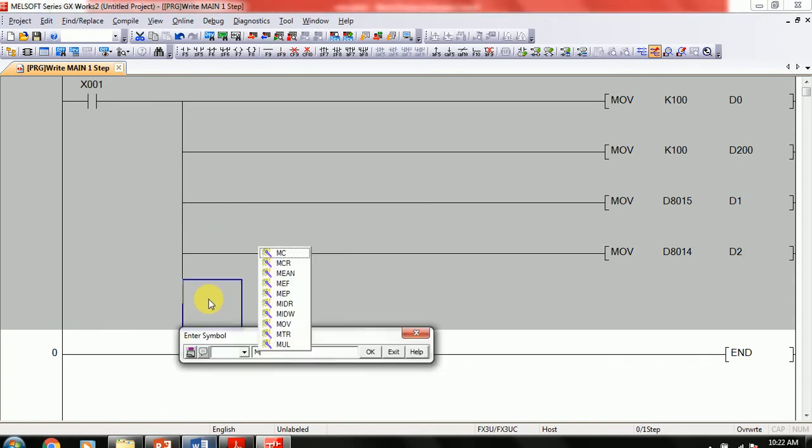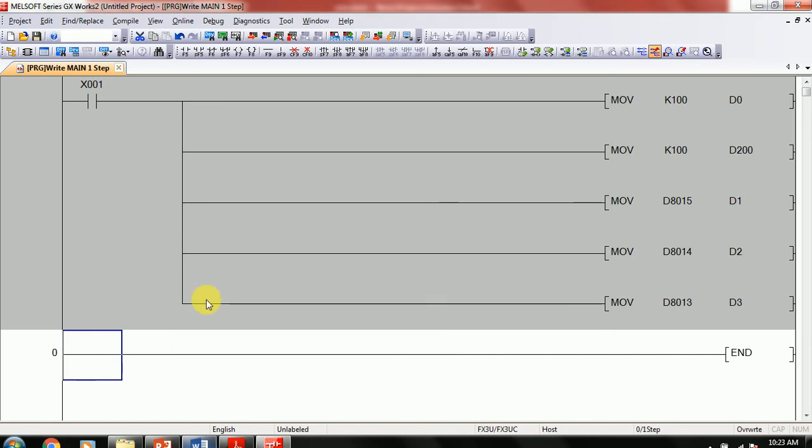We'll use the MOV command, D8013, and D3.